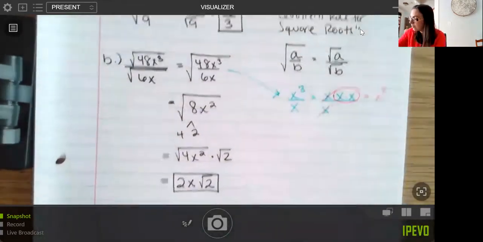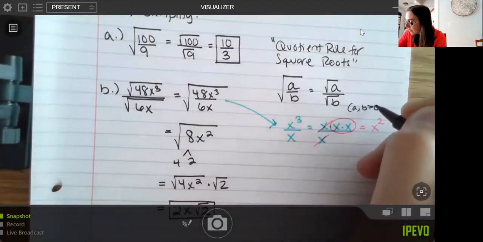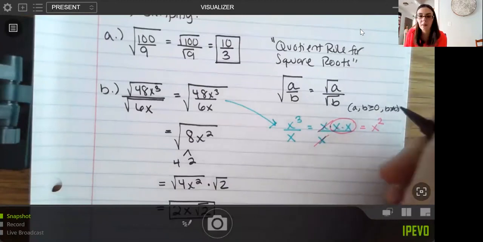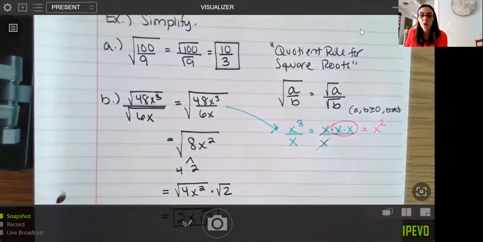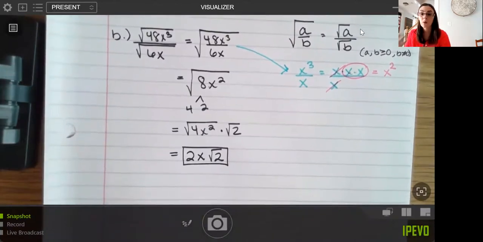And then for this one, A and B are both greater than or equal to 0, and B is not going to be 0 because we don't want to divide by B in the denominator. So we don't have the issue of x being negative here, which is why I'm not putting in the absolute value sign. And you're going to see a lot of times when you simplify problems, some of them will say